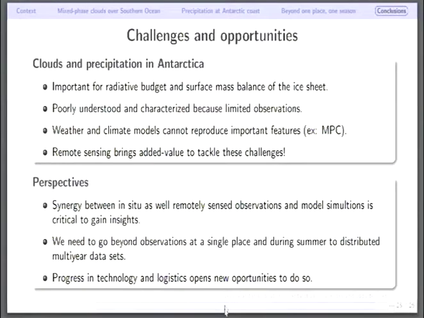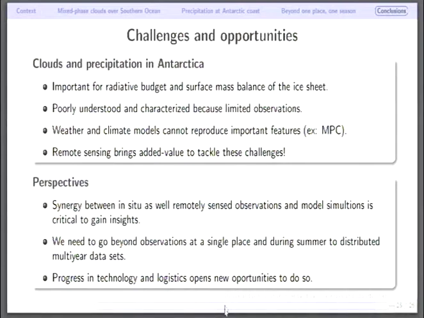And we know that the models have deficiencies. And to address these deficiencies, we need to be able to understand what's going on. Remote sensing brings added value. Having this vertical component is very, very helpful, and you gain a lot compared to only surface observation, as was